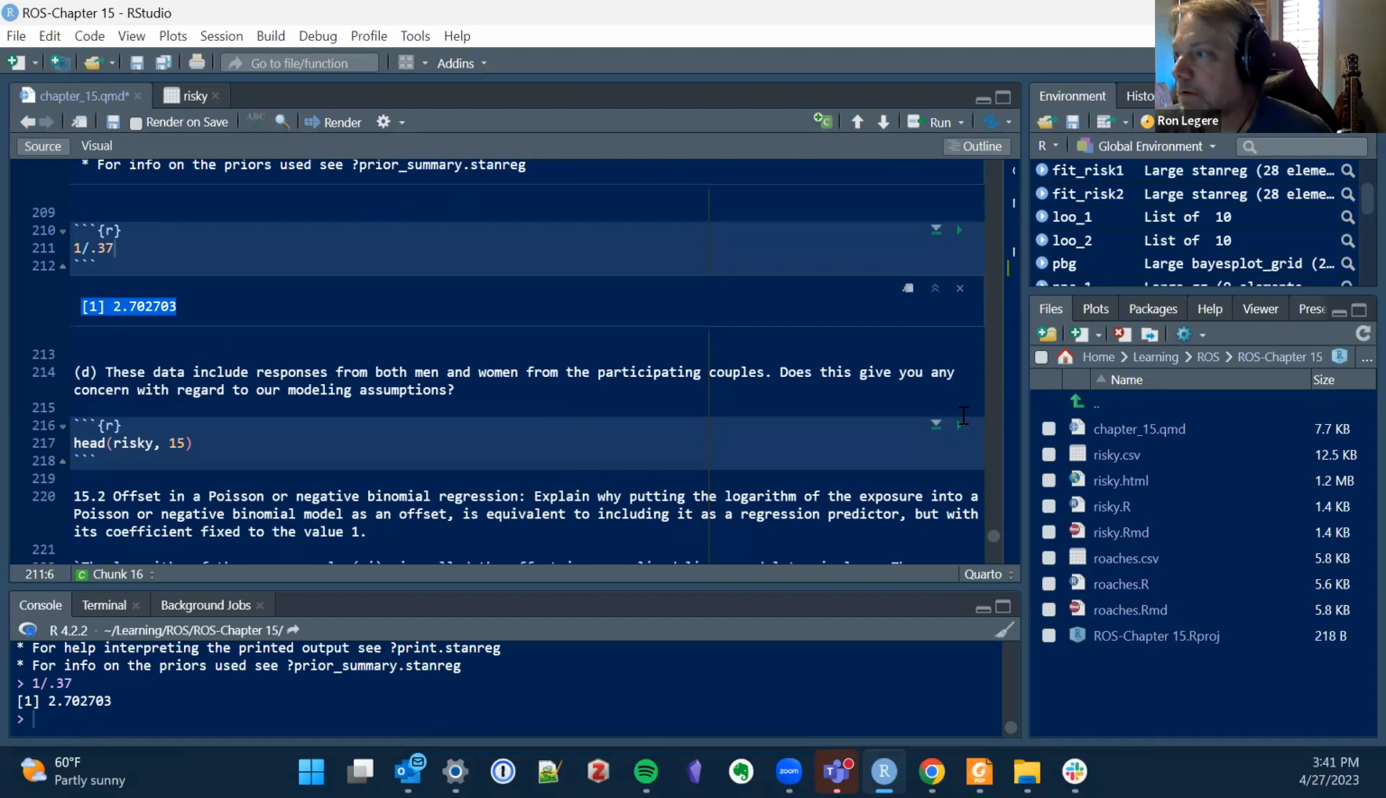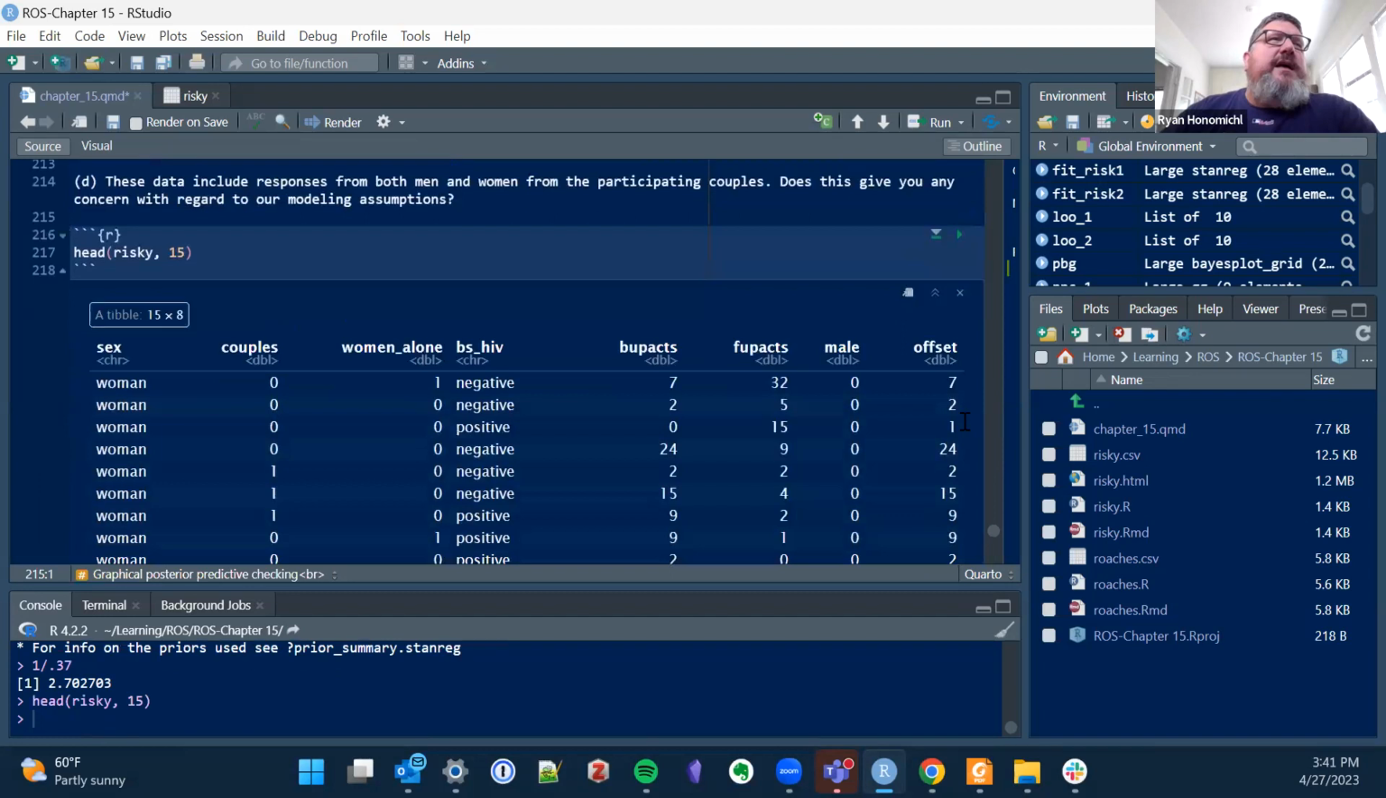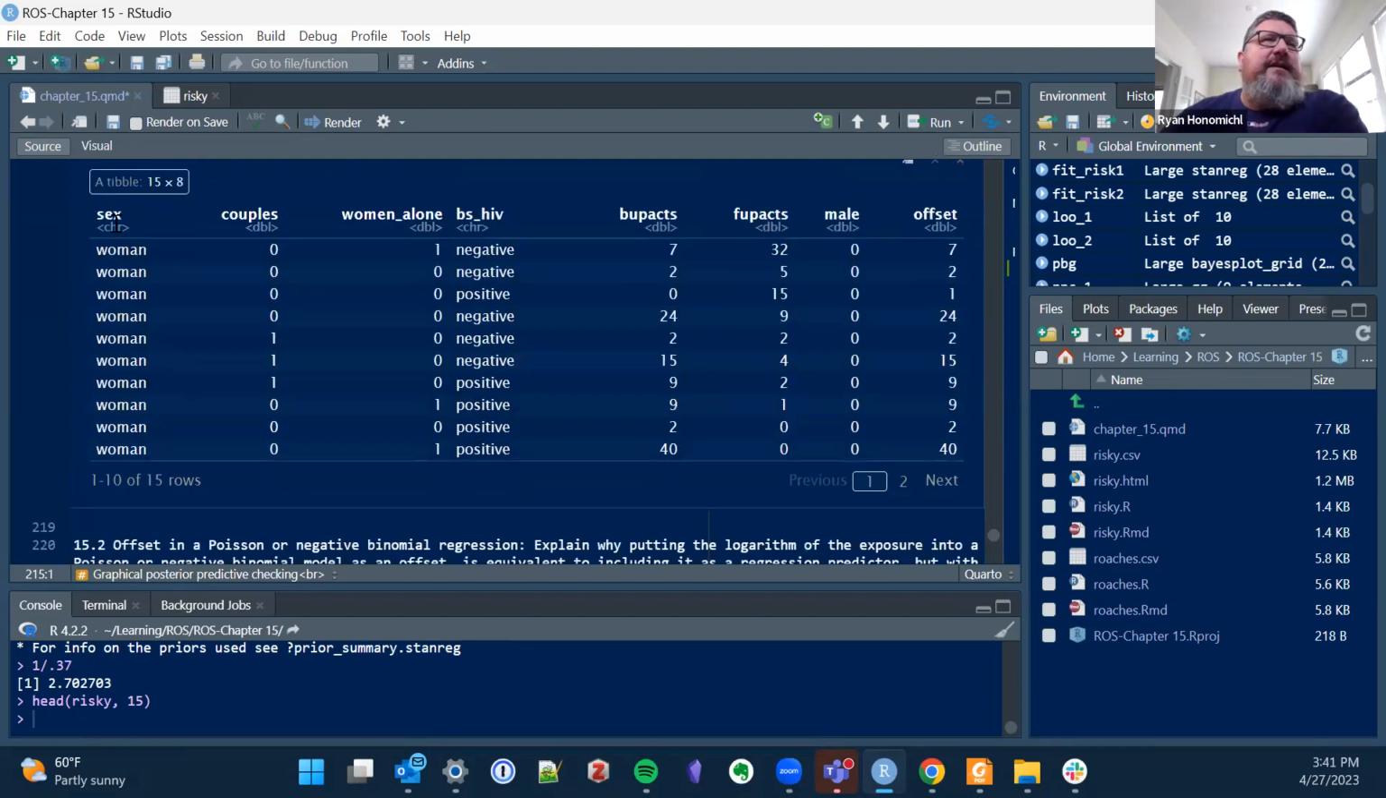But yes, we're almost out of time, and I haven't even gotten into... well, okay, yeah. So this is part D. These data include responses for both men and women participating. Does this give you any concern with regard to our modeling? Yes, I think that's what we were trying to say here, right? So for women alone,